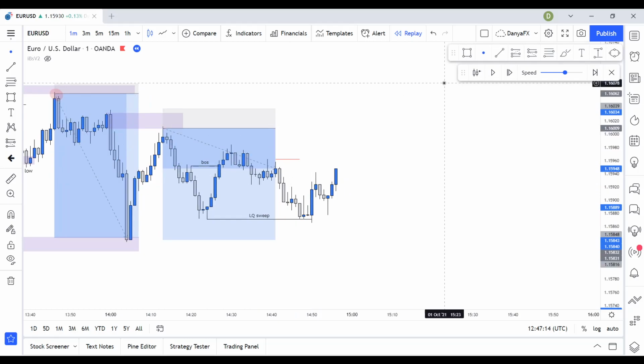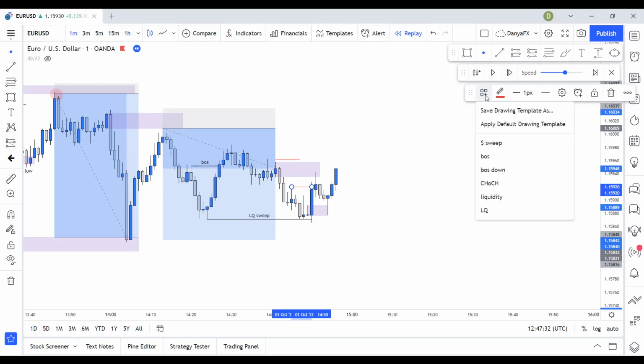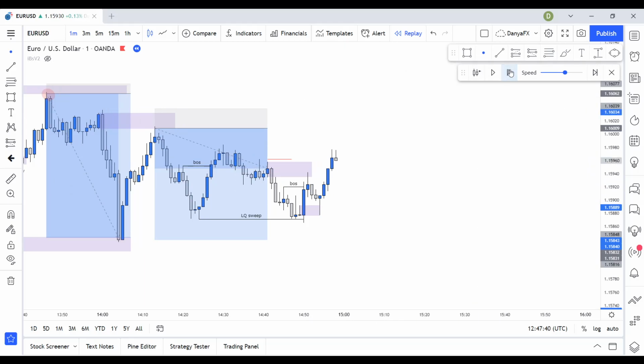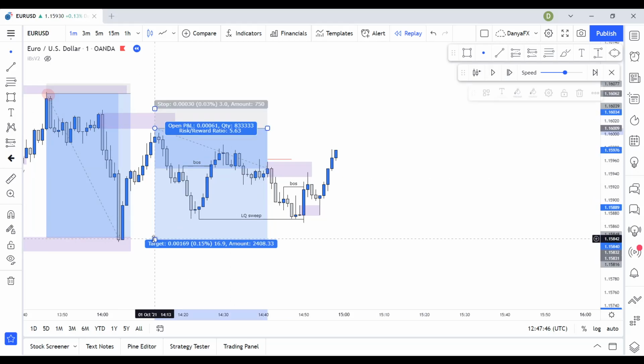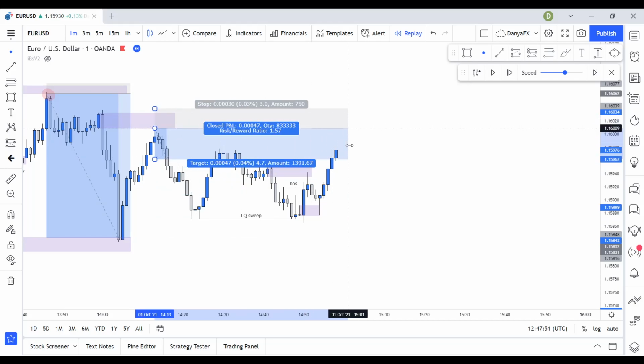We have this supply zone that gets mitigated, and then the newly created demand that broke the substructure, which is better seen on the seconds time frame here. Break the substructure, and now we can see that the demand is in control, because it breaks the supply, and we are taken out of this trade with plus 1.5,